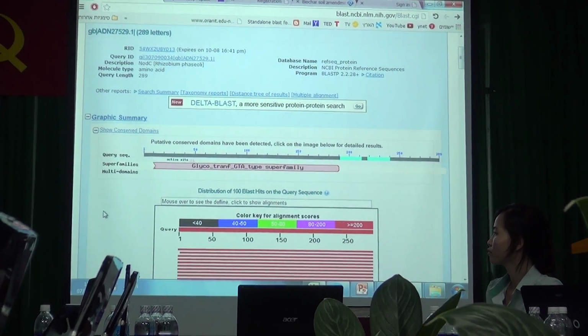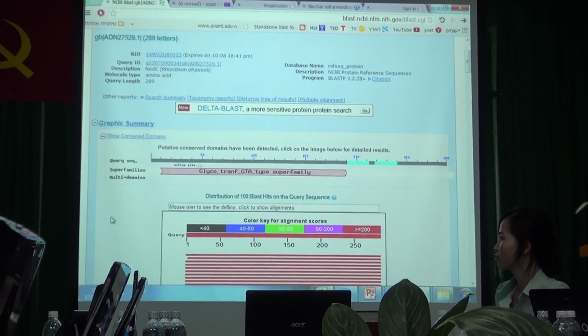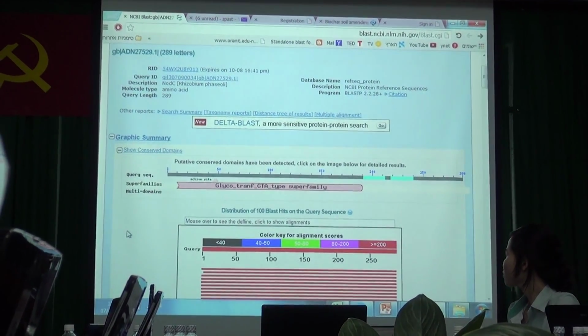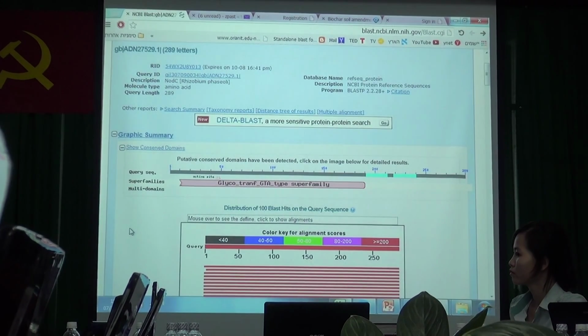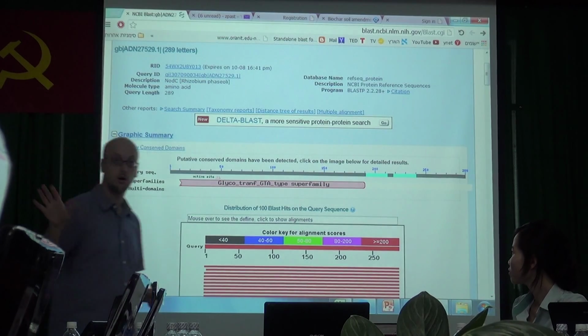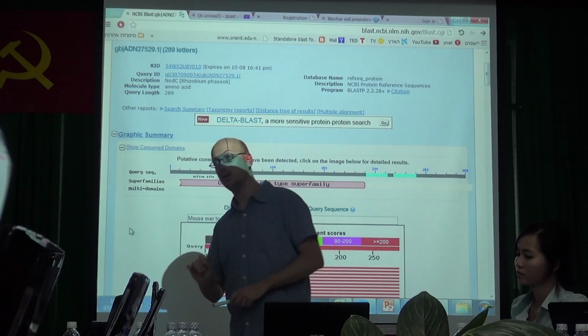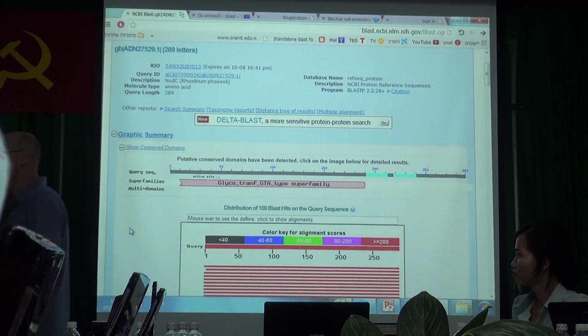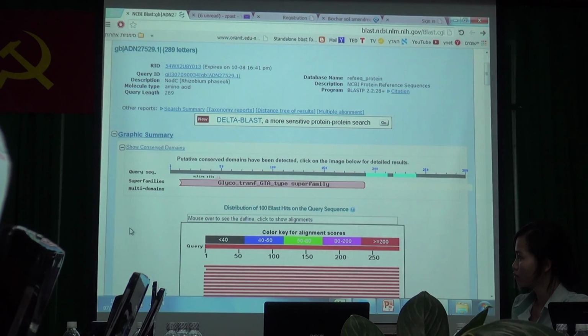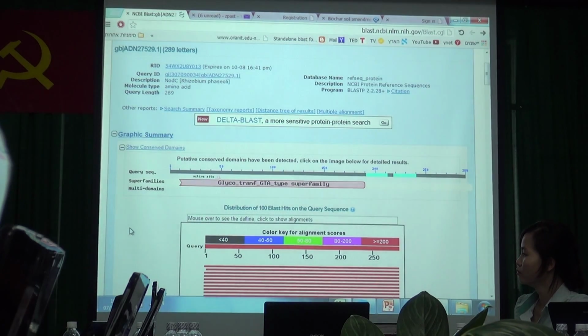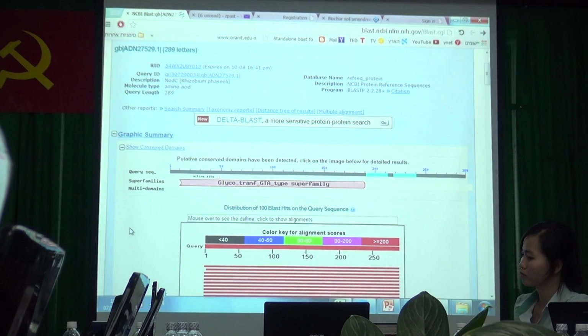So we compare our query to the sequence database of proteins. The second way that BLAST searches is to compare our query to another database, and this is a database of conserved